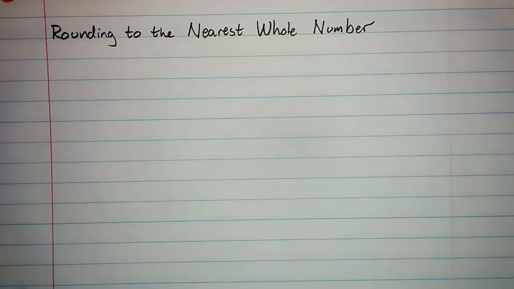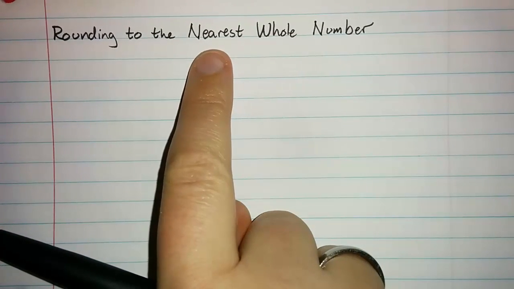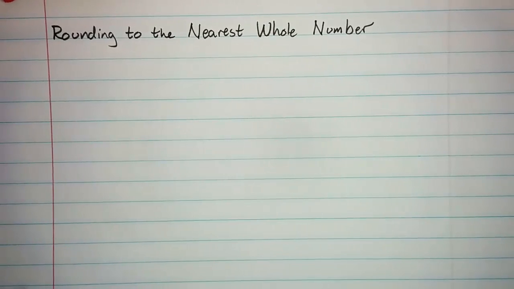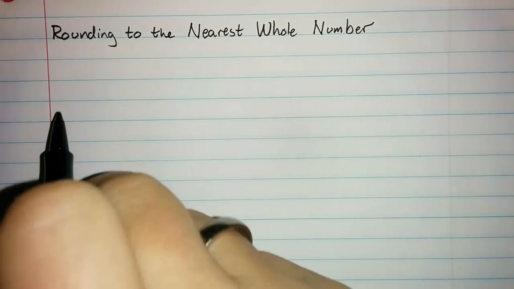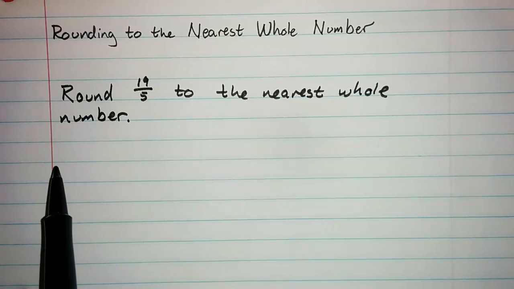It will often be useful to round some fraction to the nearest whole number. And remember, by nearest, we really mean nearest. So for example, if I told you round 19/5 to the nearest whole number,